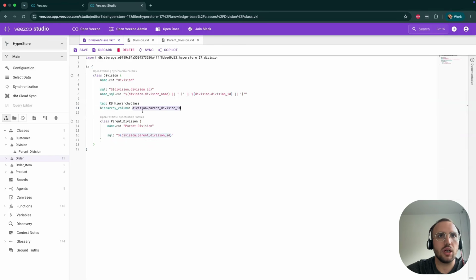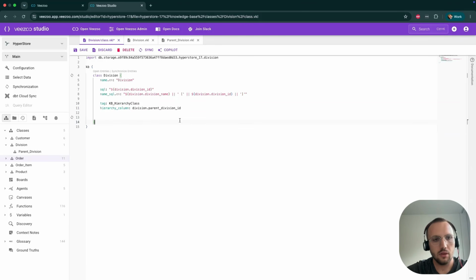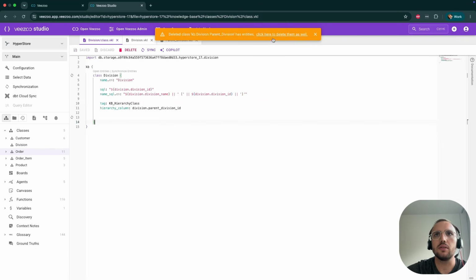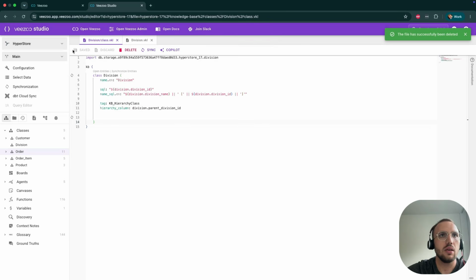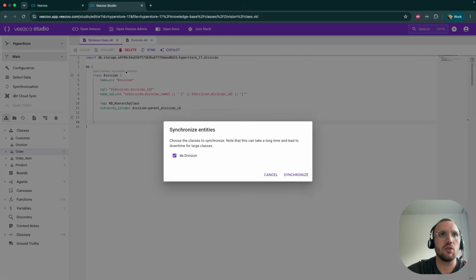Now, watch out, this here is not a class like here, but it is actually referencing the database layer. So it is actually referencing the column within the table from where the divisions are defined. Now we don't need this here anymore, so we can get rid of this. And now if we save this, we can delete this. Now if we save these and synchronize the entities